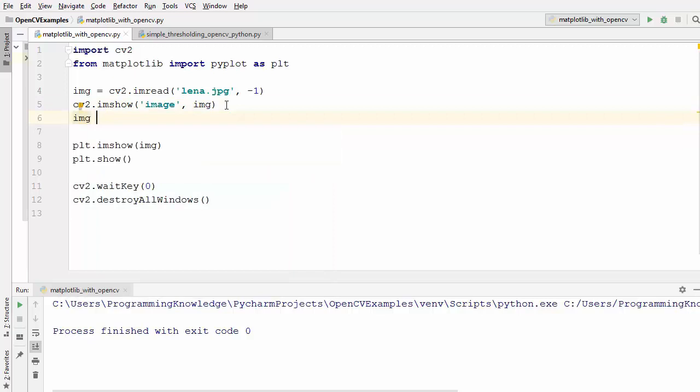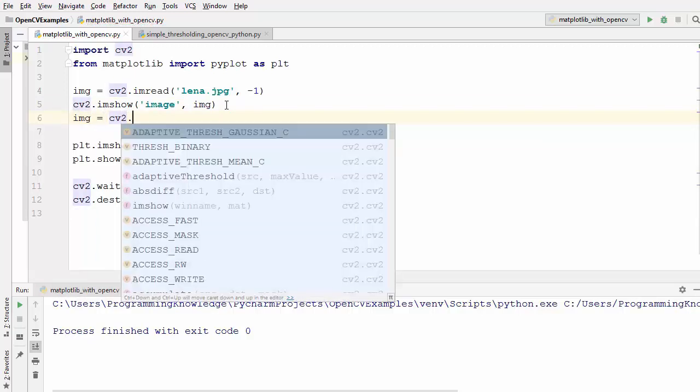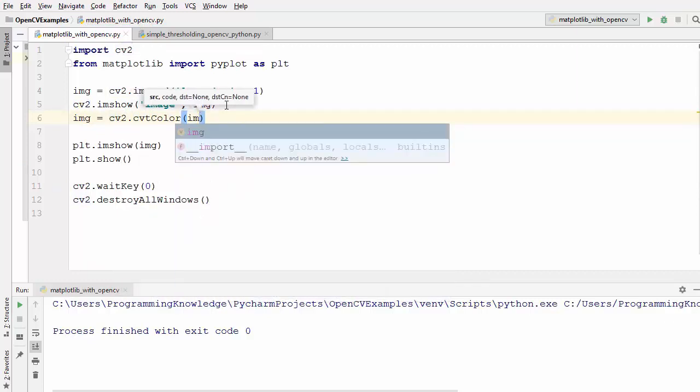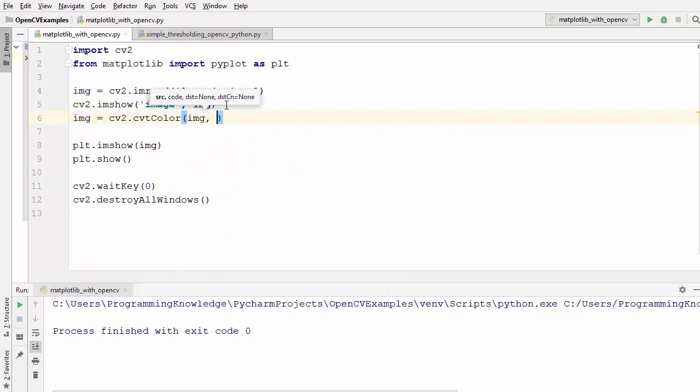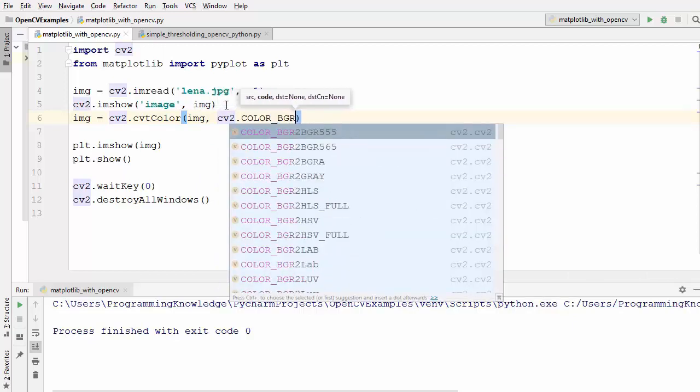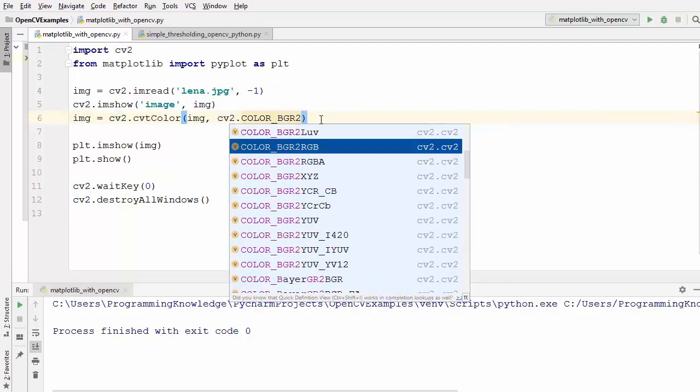So I'm going to just write img equal to cv2.cvtColor, and then I'm going to convert this image from BGR image. So I'm going to just write cv2.COLOR_BGR2RGB.